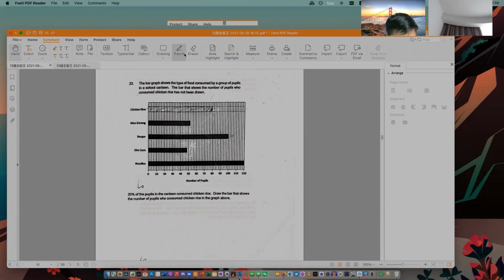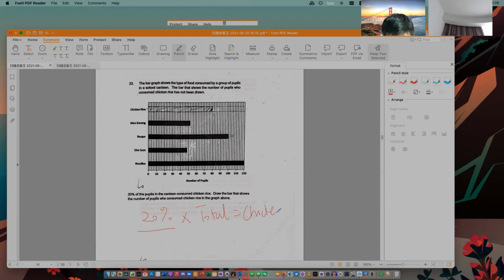You have to figure out that chicken rice is 20% of the total, right? So 20% of the total is equal to chicken rice. Or another way to look at it is 20% is equal to chicken rice